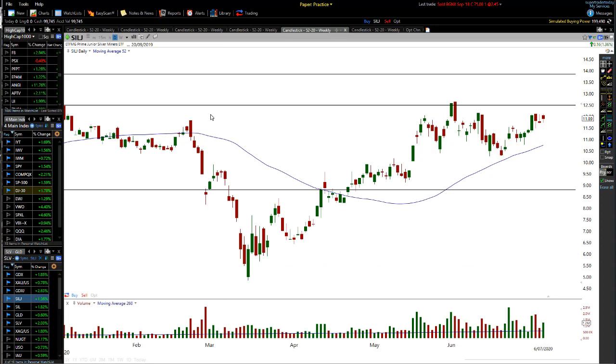Yes, trade the trend. We all know the trend is your friend, but the most important part is always trade the higher time frame trend, or always trade with the higher time frame trend. And what I mean is this.